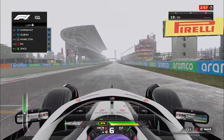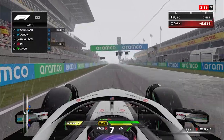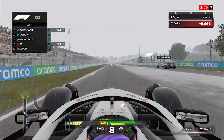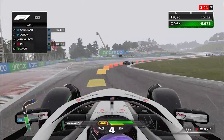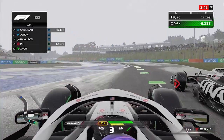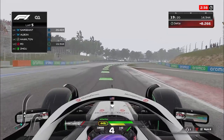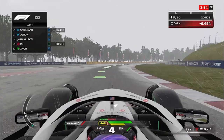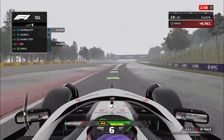On the last qualifying run in Q1 with 3 seconds left, we are starting our qualifying lap, and look at that, we have a little bit of a dry line going here and into turn 1. Let's see what we can do. We are blocked by our own teammate. We are blocked by Magnussen, and because of that we go on the worse part of the track, and because of that we are getting all kinds of slide there. We are just trying to catch it, but we are now 6 tenths